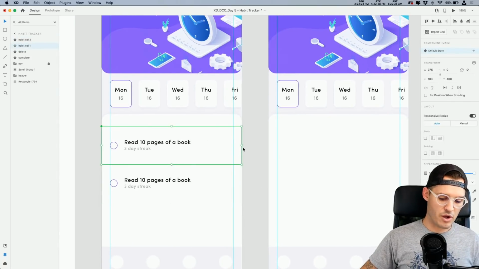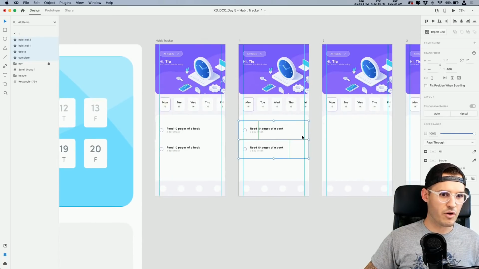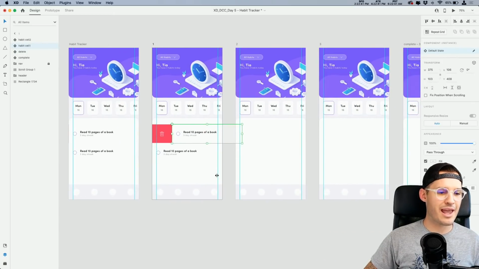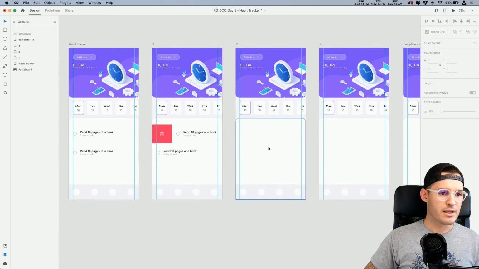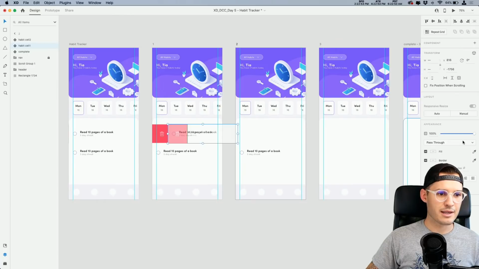Okay, cool. So let's take all of these, the complete, the delete, all the habit cells, and move it over like this. Again, we want to be able to pull the entire cell over and then have it be deleted, right? Okay. Cool. Let's come to this one, and when that happens, the delete and habit cell 1 will move out of the way like that, and the opacity of it